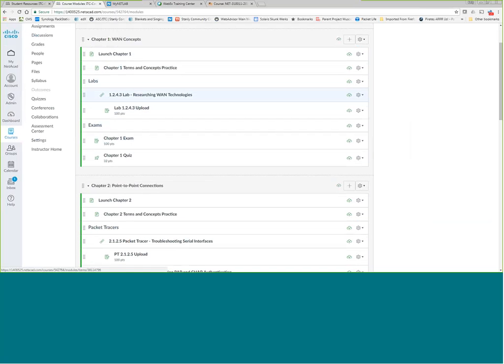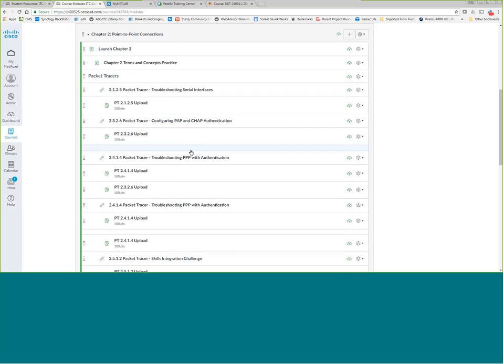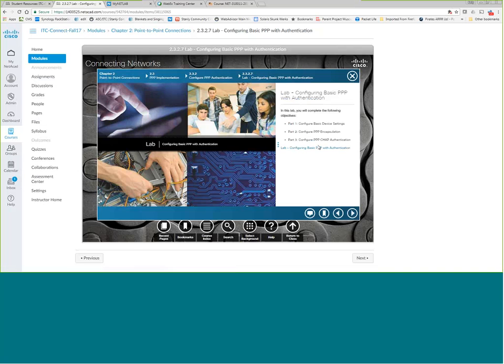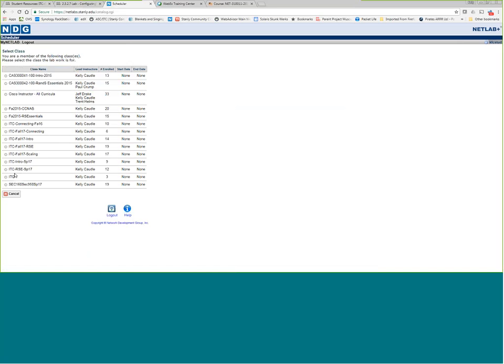Some of them, like this first lab, is just researching a topic, so it's just going out and looking at WAN technologies. Others are actually labs inside of the NetLab system. So for instance, this 2327, you can click there and go to that lab and download the document, but you're really going to need to do a scheduled lab inside of your connecting class